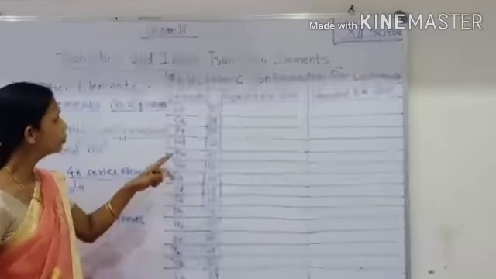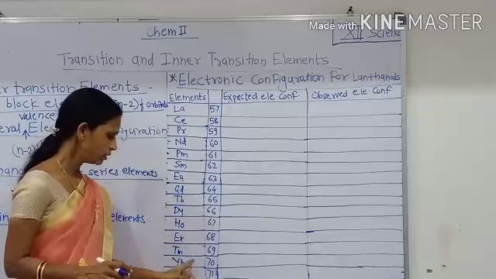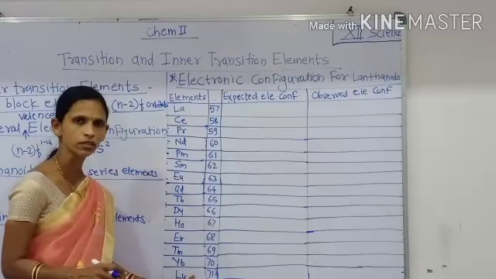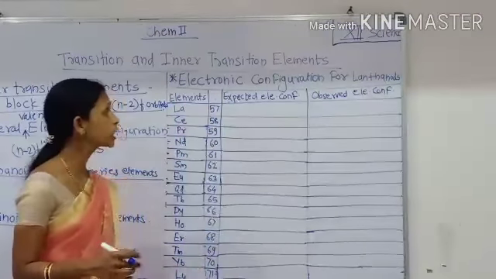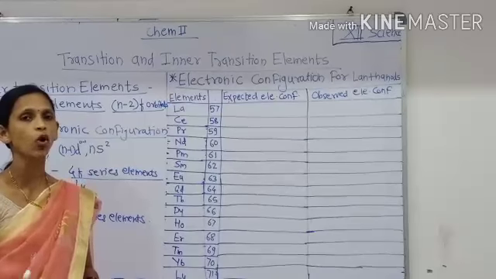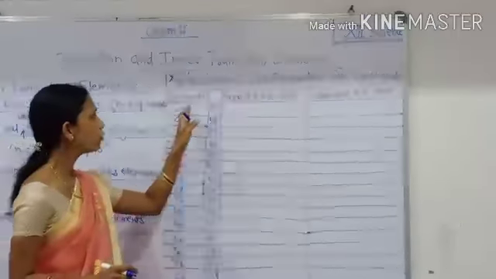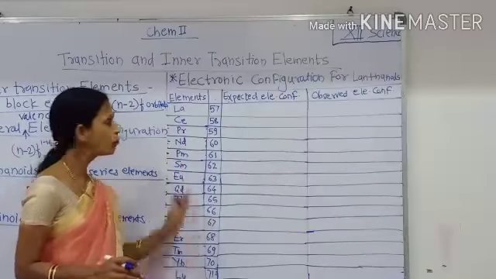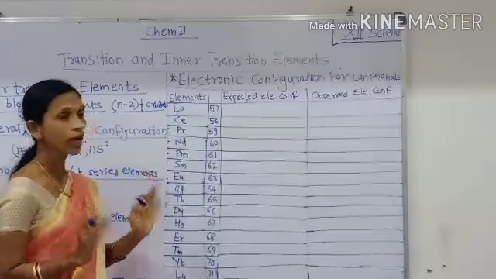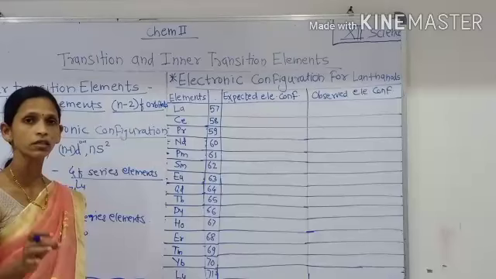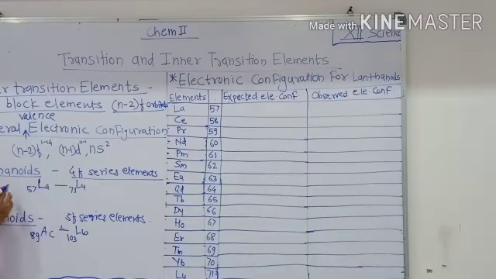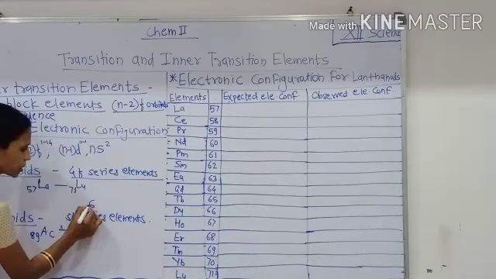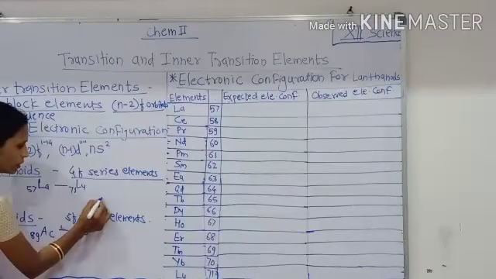Then you have to remember all these inner transition elements, that is lanthanoids, and then we will write the expected electronic configuration as well as the observed electronic configuration of lanthanoid elements. For this purpose, we have to write the general valence electronic configuration for lanthanoids first. Then see here, the general valence electronic configuration for lanthanoids, that is here ns means 6s orbital which has